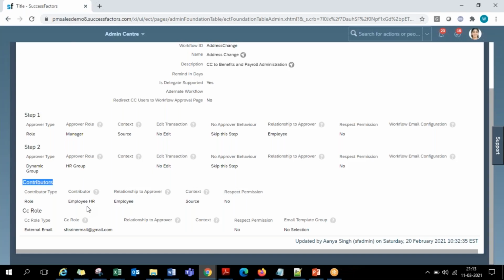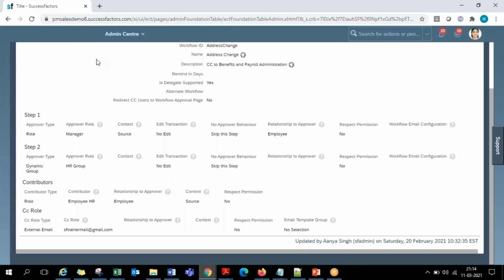The head of the department can be set as a CC role, so that in a department where there are 400, 500 employees, the head of the department doesn't have to be involved in all the approvals. If the department head is involved in the workflows for 400, 500 employees, most of his day will be spent on making these approvals itself. So to avoid that, they exclude themselves from the approval flow, but they keep themselves in the CC role, such that whenever a request is raised by an employee, it goes for their manager, HR, somebody's approval. Once it is done, the person in the CC role will receive a final notification